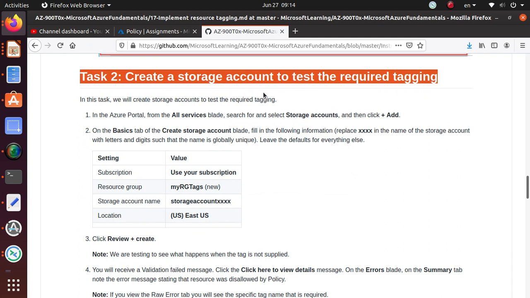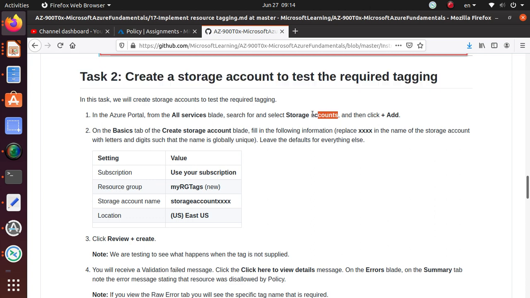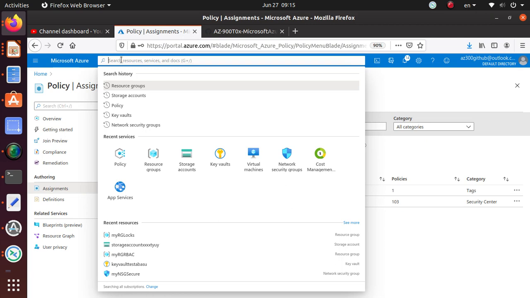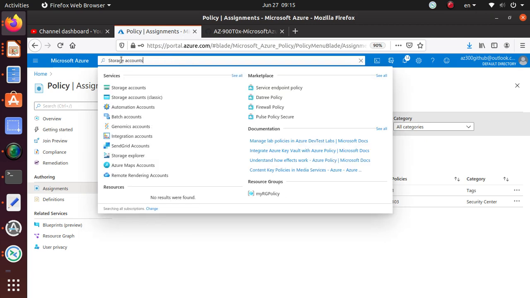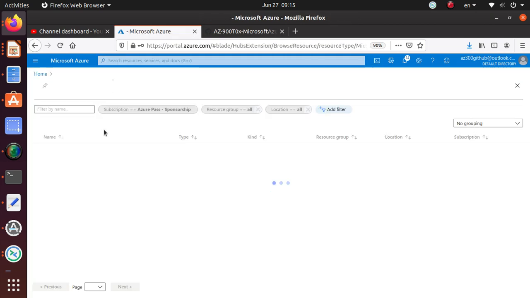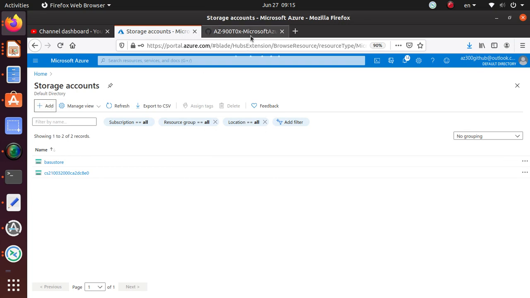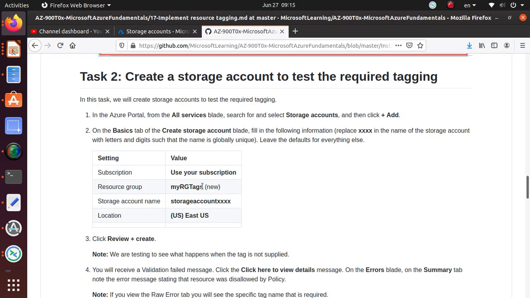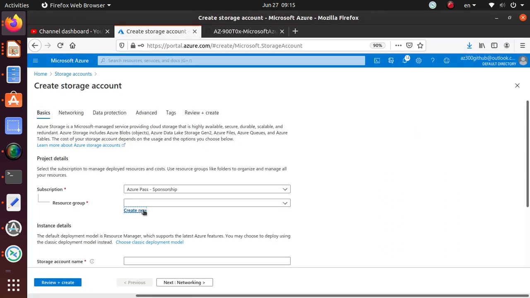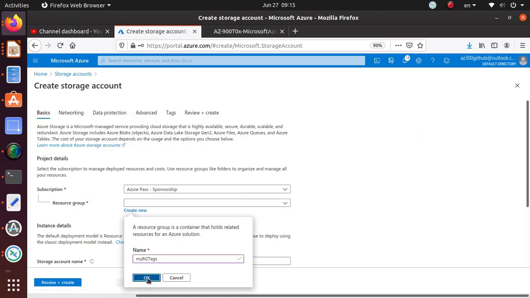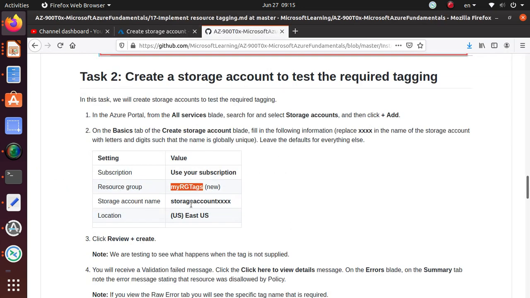So once we have the policy in place, let's try to create a resource. They're saying just try to create a storage account, so let's try that. We'll go back to our Azure, look for our storage accounts. We're going to create a new storage account, and I'm going to create a new resource group to deploy this account, and we're going to try to create a storage account name that is globally unique,